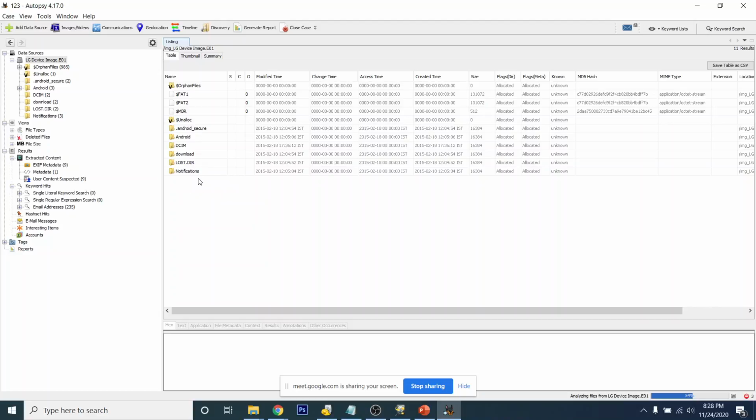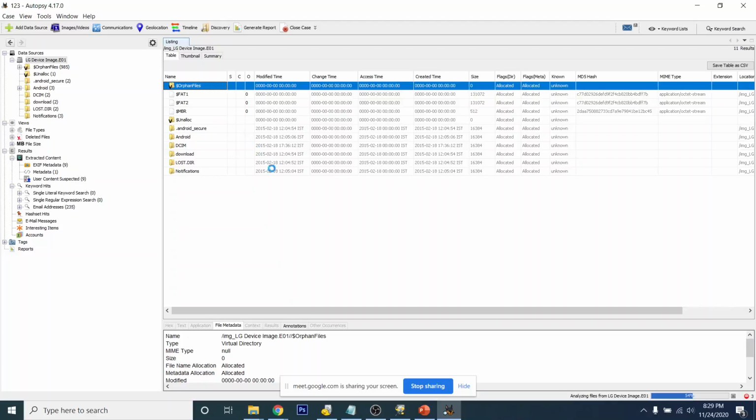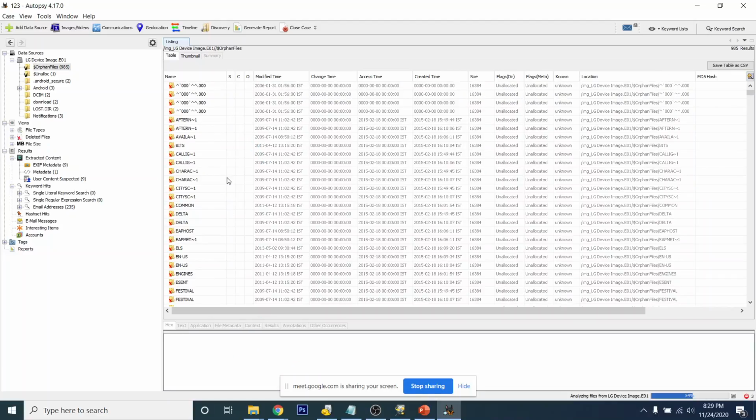There are still many files which are not recovered, like pictures and videos, but I am very sure that they will be recovered when this is completed to 100%. Now there is a folder for orphan files also. These are, I think, the deleted files, a virtual directory.